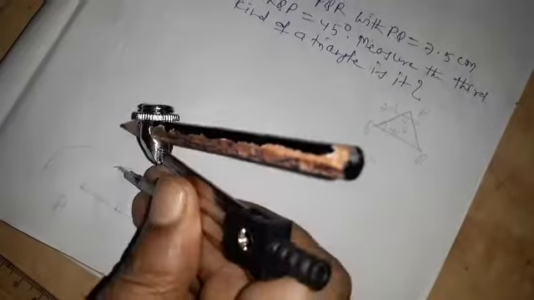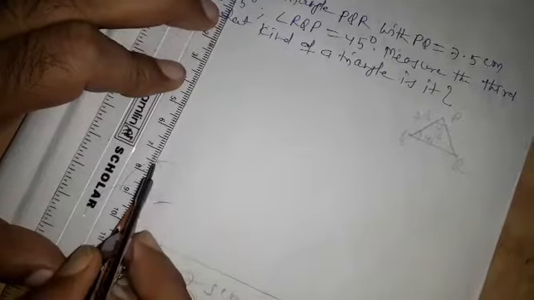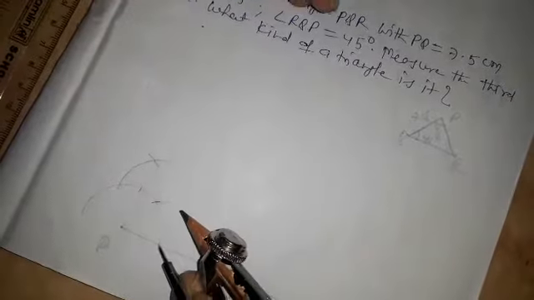At point P draw an angle of 45 degree. So for constructing angle of 45 degree we construct the angle of 90 degree. First of all 120 we bisect, next 60, then 60 plus 30 is equal to 90. Just we take point on arc of angle 90 degree and we bisect this arc of 90 degree, so we will get angle of 45 degree. And draw a line.